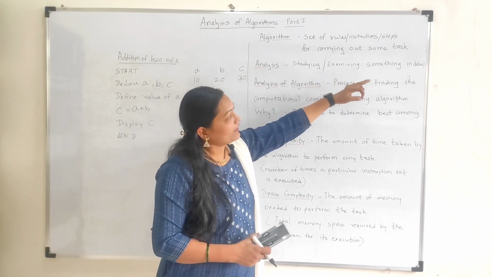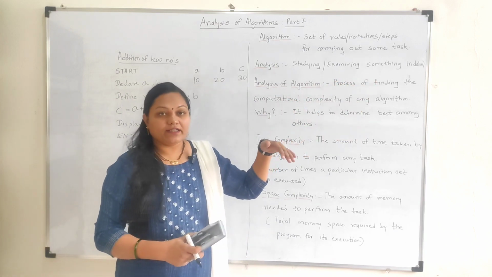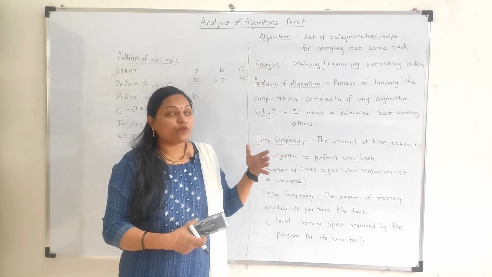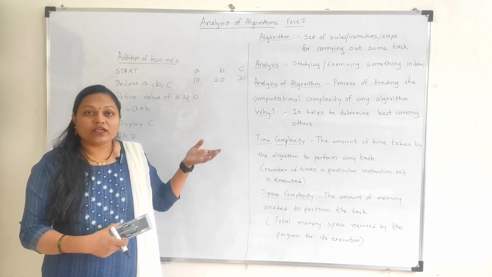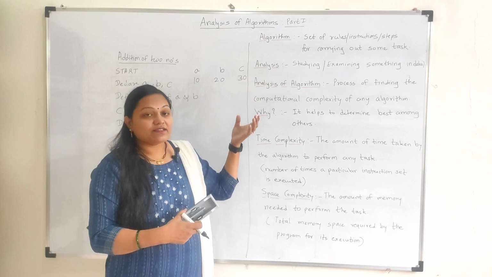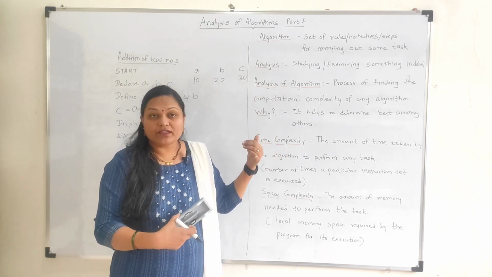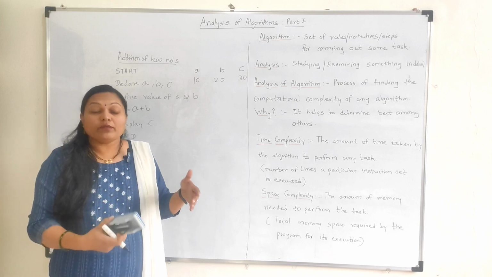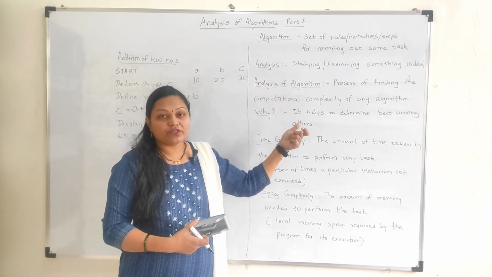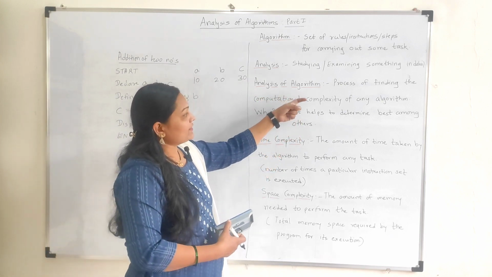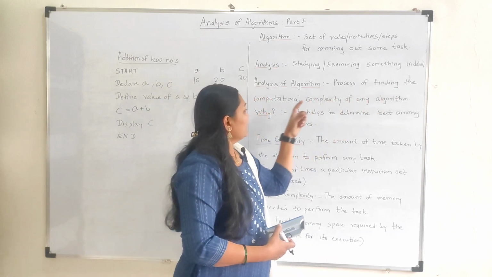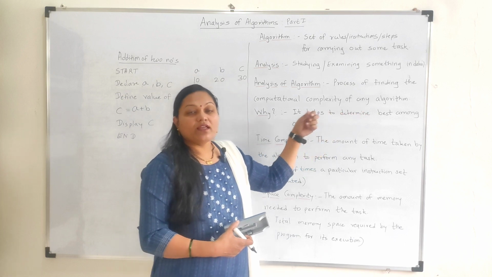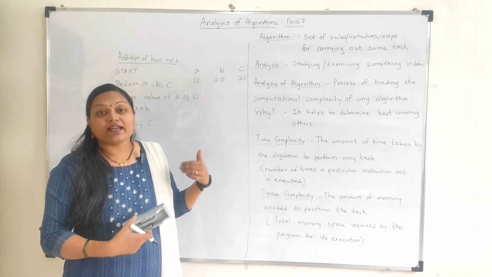Studying and examining something in detail, that we can say is analysis. If you want to study something, if you want to examine and find out the features of something, in that case we can use analysis. So what do we mean by analysis of algorithm? Here it is written: the process of finding the computational complexity of any algorithm, that we can say is analysis